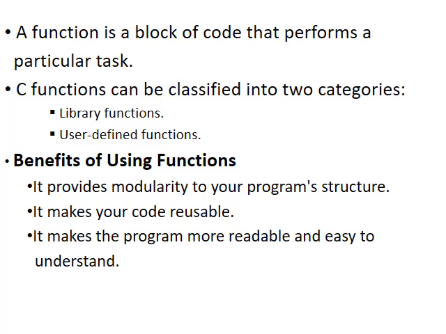So if you want to find the square root of any number, we just call that function, sqrt, and within the brackets we specify the number. For example, sqrt of 64. The sqrt function will return the result as 8. So 64 is the input we are giving to the function, and we call the function by its name. Similarly, we have the sine function, the cos function, the power function. Especially your printf and scanf functions, all these are built-in library functions.